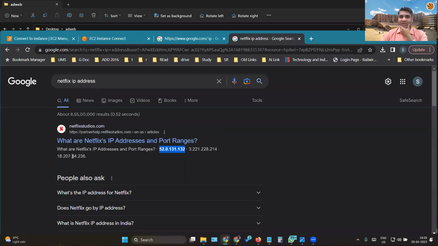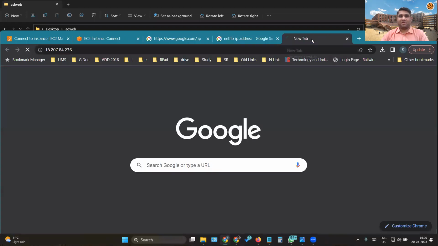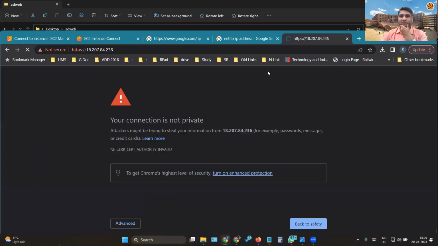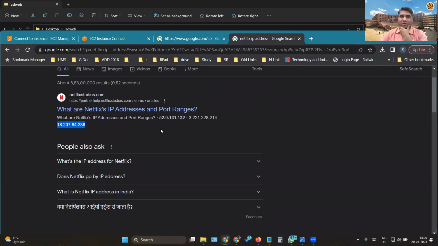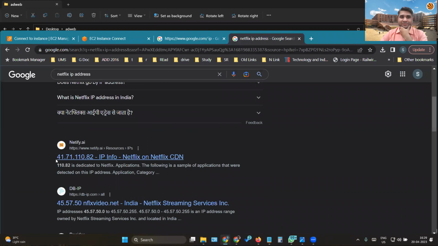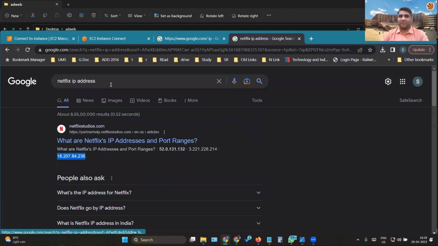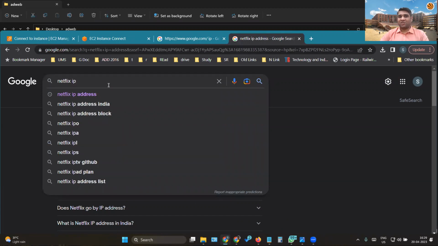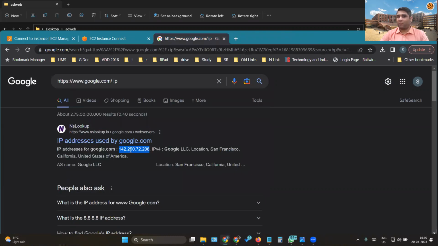Let's try the other IP address, which might be the secured one. No. So all of these addresses are not secured IPs, might be wrong. So we should not come up directly with that. Some of them can fool in this manner. For every website, the name is given to make it easy for you to remember. But actually, at the end, they are served by IP addresses, which are numbers, digits in this format.